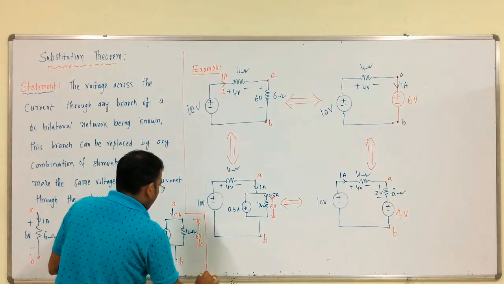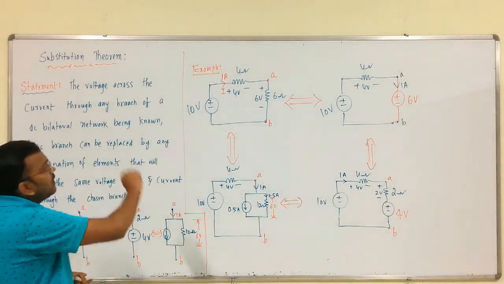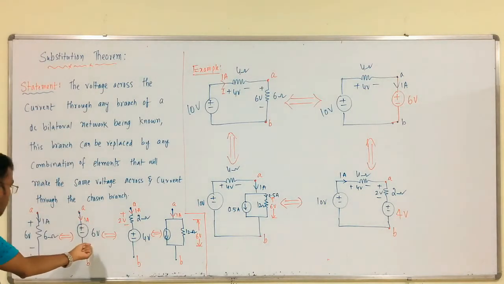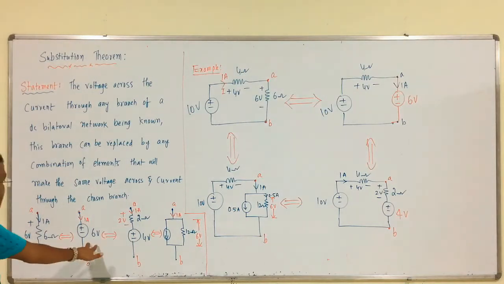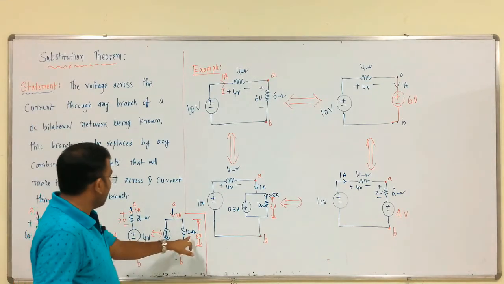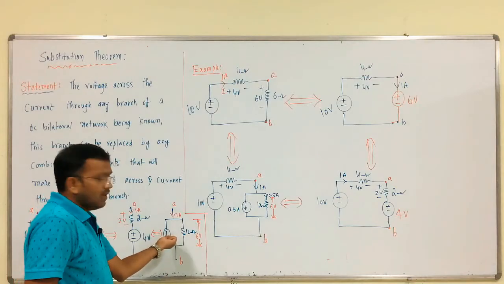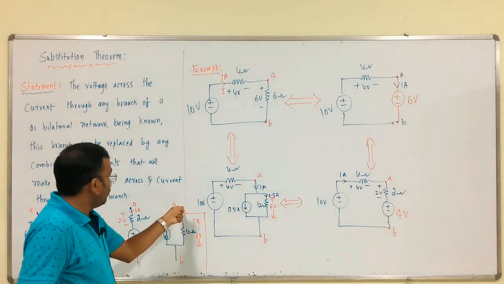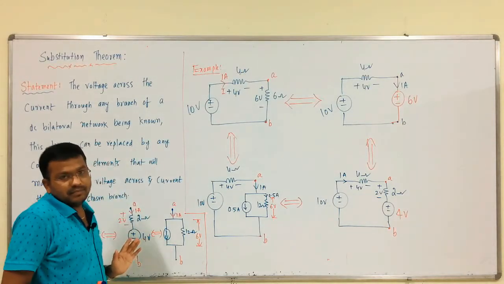So, like this, this is the summarization of this example. Whatever the modification may be, at any modification we will get the same voltage across these two nodes A and B. Between these two nodes we have to get the same voltage, 6 volts: 4 plus 2, 6; here 6 into 1, 6. That is it. Means 12 into 12 by 12 plus 12, 6 ohm branch into 1 ampere, 6 volts, like this. This is the substitution theorem.